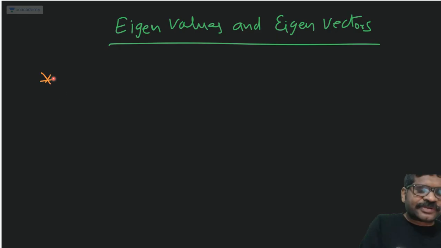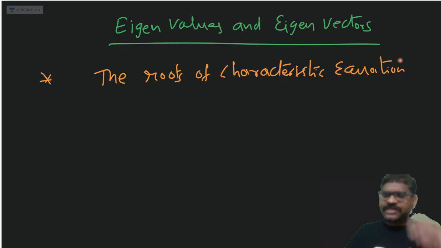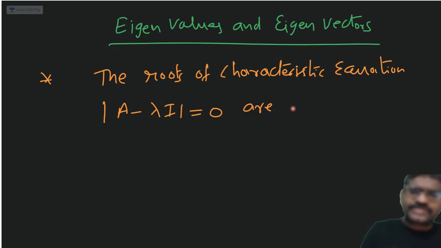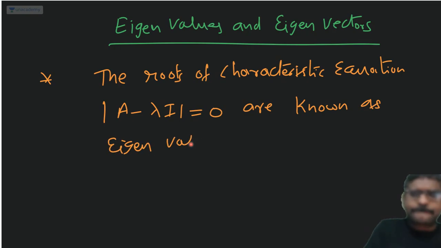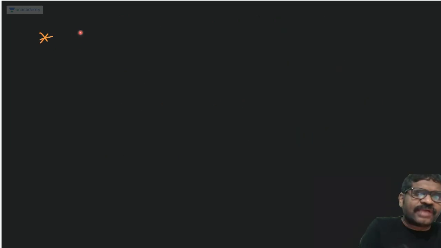Now, the definition: the roots of the characteristic equation, the determinant of A minus lambda I equal to 0, are known as eigenvalues of matrix A. Now, to each eigenvalue lambda,